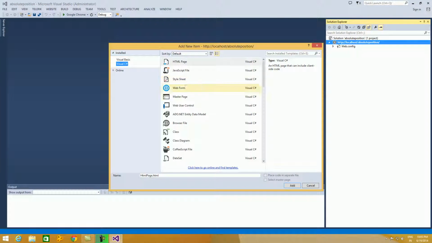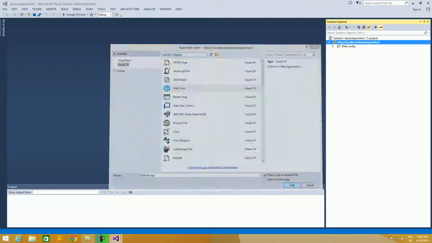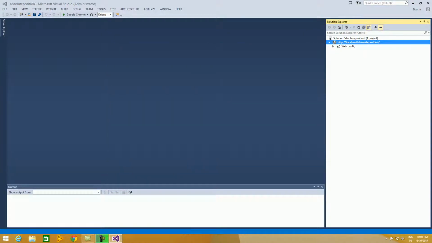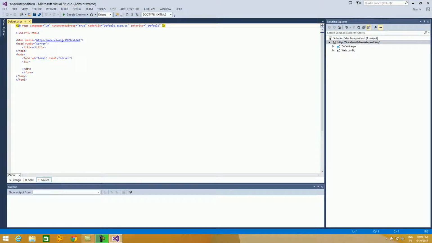From the Add New Item dialog box select Web Form. Let us take the default name default.aspx. Click Add. So this is our web page. It is taking some time because this is the first time we are loading Visual Studio.